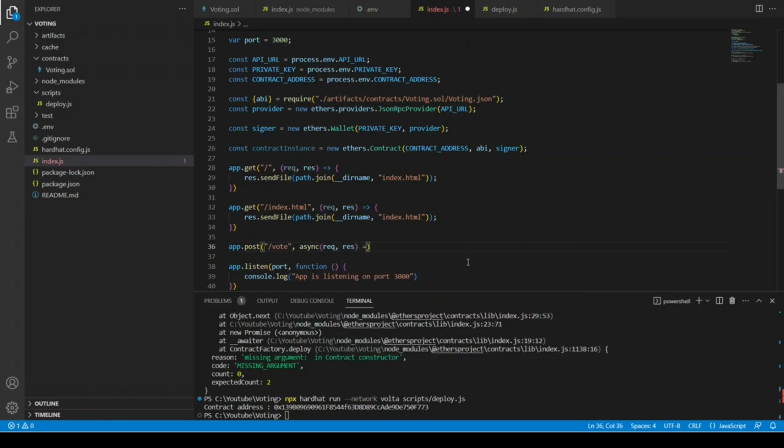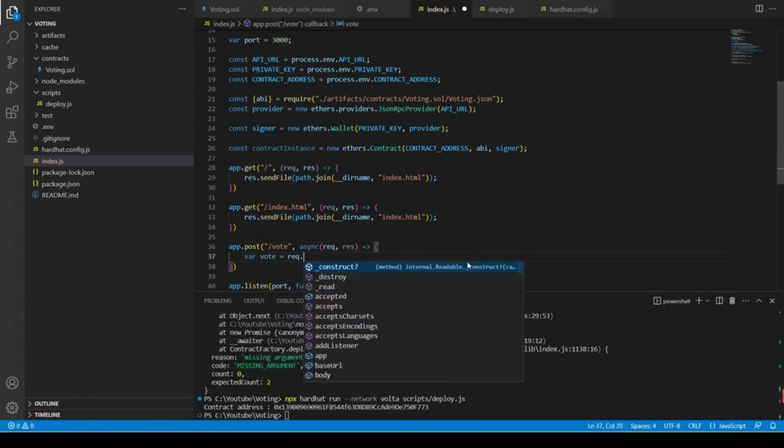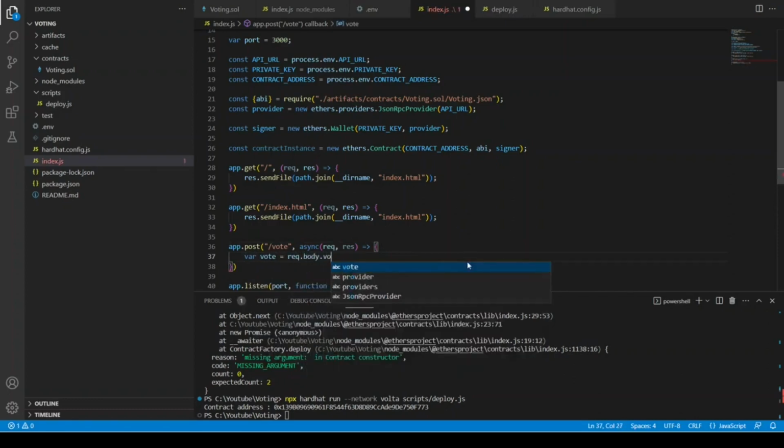So the request has the body. Okay, I always get confused about the syntax. So first of all, from the body we are going to extract the vote, which is actually